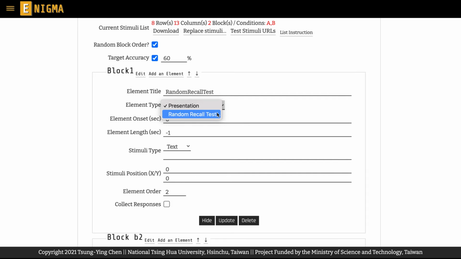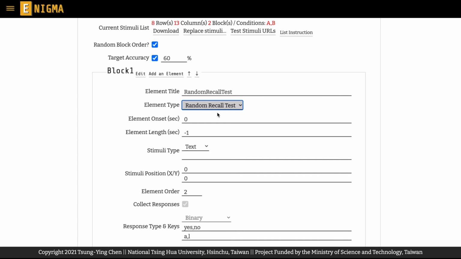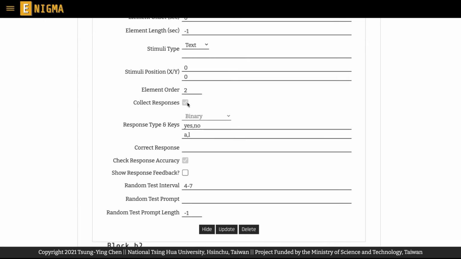First of all, when you switch the element type to random recall test, some element settings are set automatically. Collect responses, for instance, has to be checked, or the random recall test will be meaningless. Next, the response type is set to binary and cannot be changed.